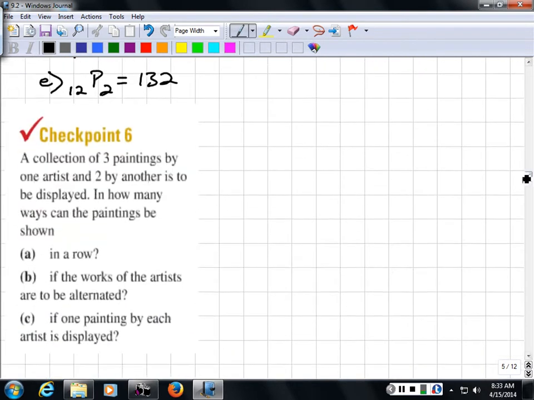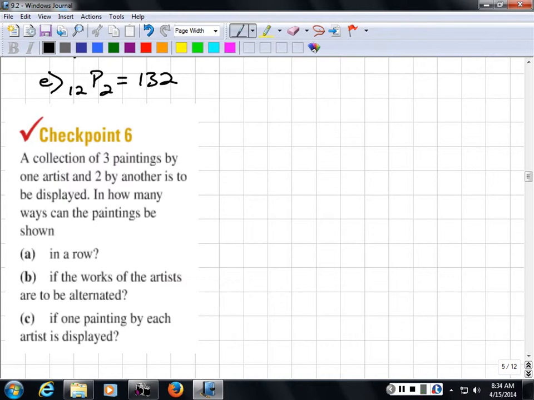Now comes actual application. A collection of 3 paintings by one artist and 2 by another is to be displayed. How many ways can the paintings be shown? A, in a row. B, if the works are to be alternated. And C, if one painting by each artist is displayed. Well, this is a permutation,